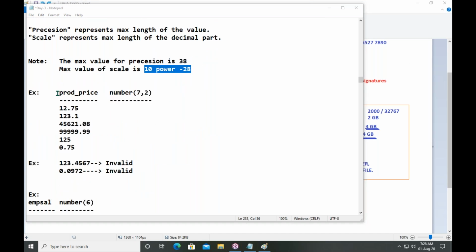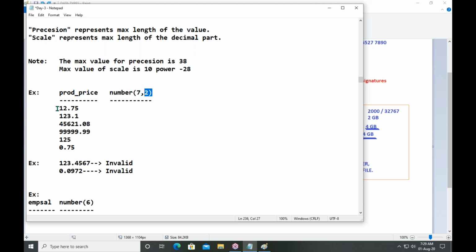For example, product price is a column. The data type for price means number type data: NUMBER(7,2). What is the meaning of this? The maximum size is 7 digits in the value, a total of maximum 7 digits. Don't count the decimal point. And after the decimal point, the maximum size is 2 digits.